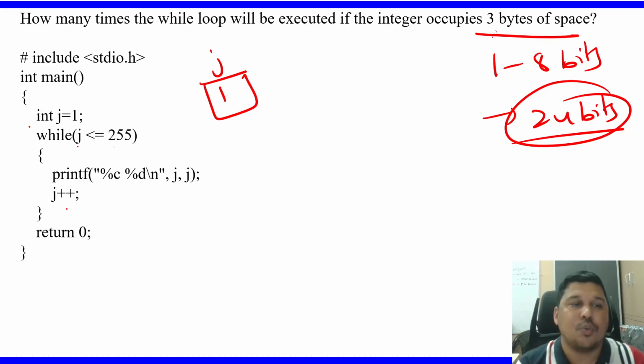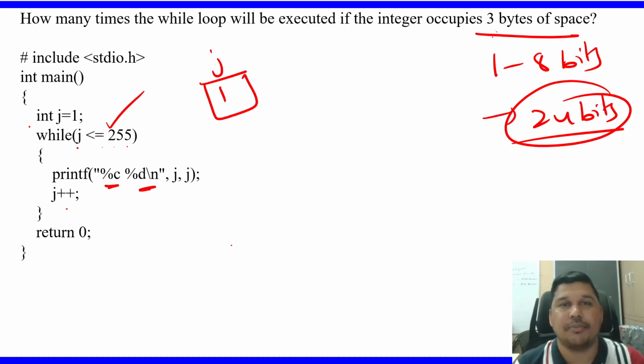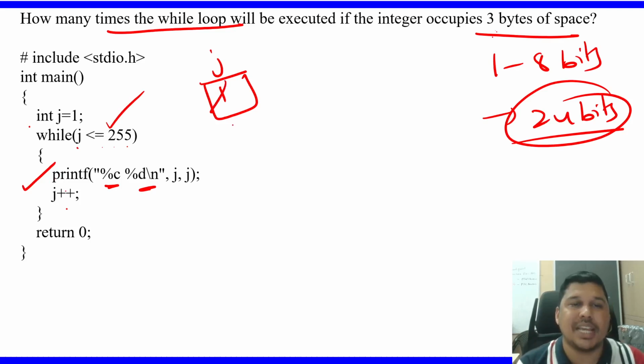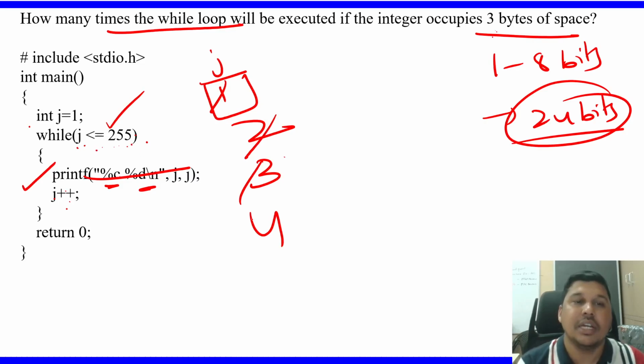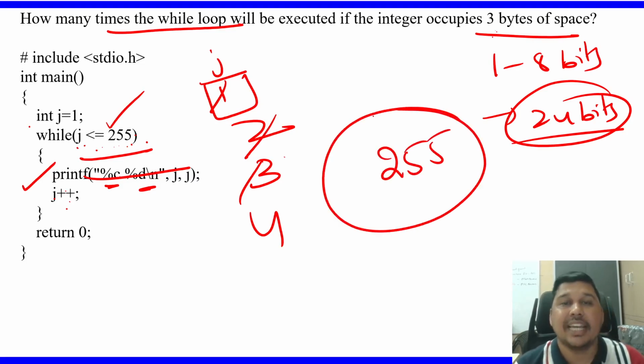So j is 1. 1 is less than or equal to 255. Yes. Printf percent c and percent d, j. Again, we are not worried about this. We are asking how many times the while loop is being executed. So one time it will execute. It will do j plus plus. j becomes 2. 2 less than or equal to 255. Yes, true. It comes inside. It executes. Now j plus plus, it becomes 3. 3 less than 255. Yes, it is true. Come inside. Printf, then j plus plus. It becomes 4. 4 less than 255. Yes, it keeps on checking like this. So this will be executed 255 times, irrespective of whether the integer occupies 3 bytes or 4 bytes or 2